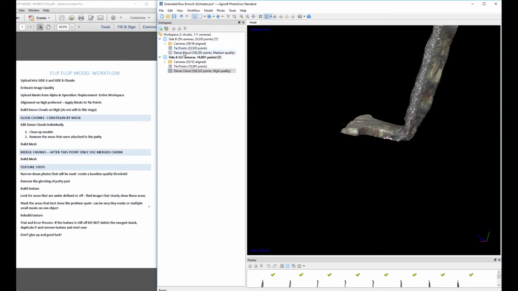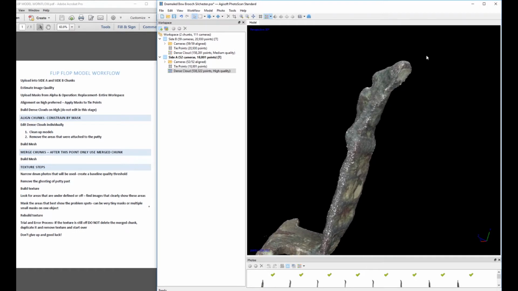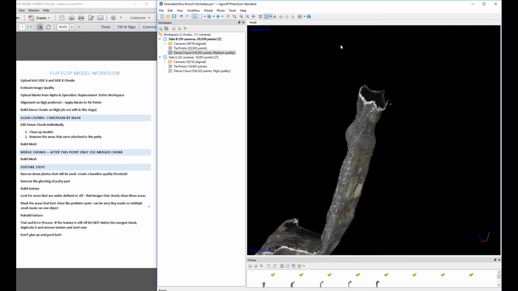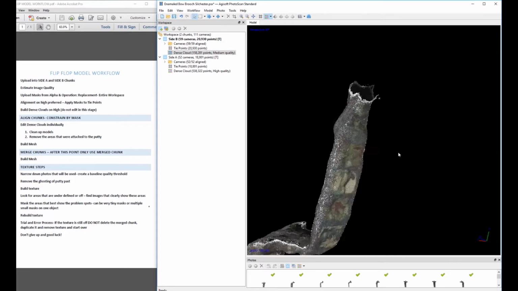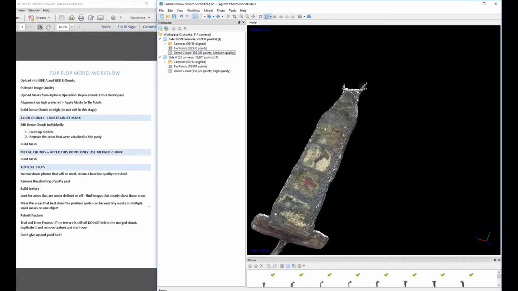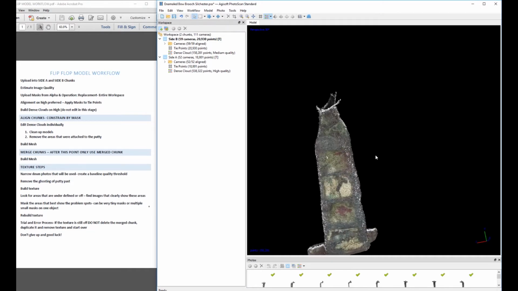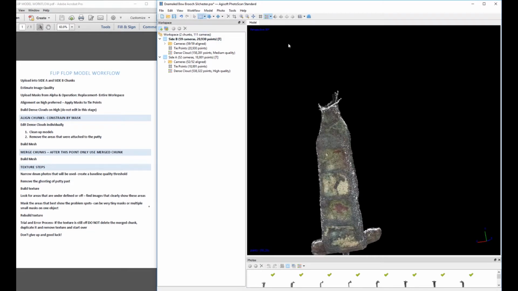Now the other side's a bit easier, because if you notice, we've got this here. It's quite easy. So all you have to do is just go, take that bit off, square tool, delete,